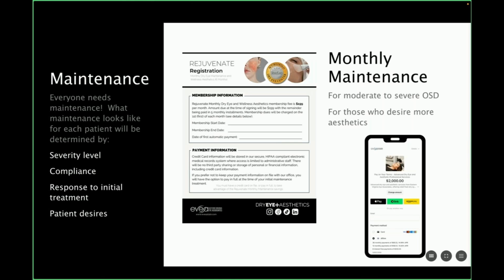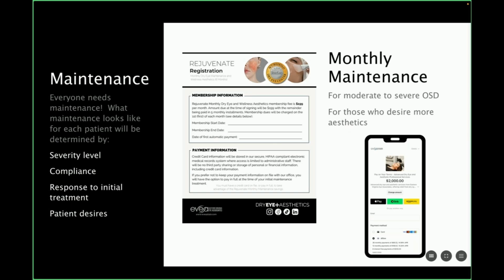And also making sure your expectations are aligned with the patient's. What I mean by that is, as a doctor, we're looking at a patient, and in our mind, we're thinking, okay, I need to get rid of the keratitis, I need to get rid of the biofilm, I need to open up the glands. Well, what does the patient want? They don't even know what that stuff means, right? They want to wear their contact lenses longer. They want to not tear all the time. They want to minimize the light sensitivity. So you have to align your expectations with the patient's expectations so that you're both on the same page.